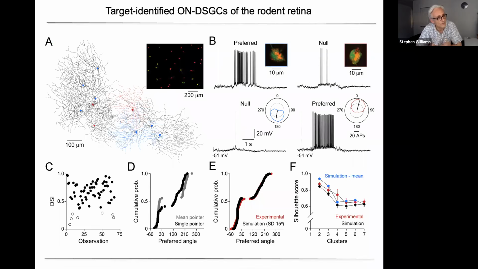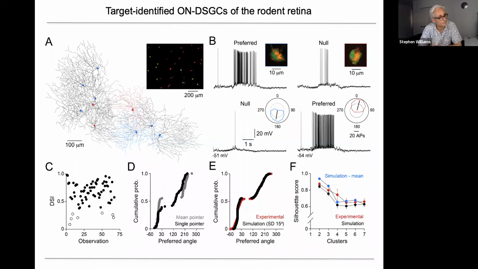We retrofilled identified on-DS cells by putting retrobeads into their brain target and letting them spread back to the retina. Then we could flat mount the retina, image on-DS cells using 2-photon microscopy, and then go in, record from them, fill them, and look at their electrophysiological properties. And indeed, if we do that, we find one, they're on-DS cells, two, they're highly directionally tuned, and three, they have two cardinal axes as shown in